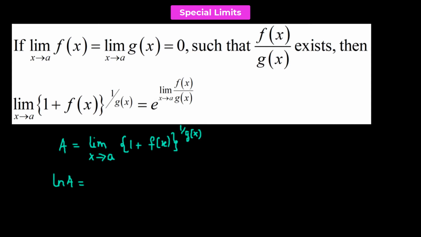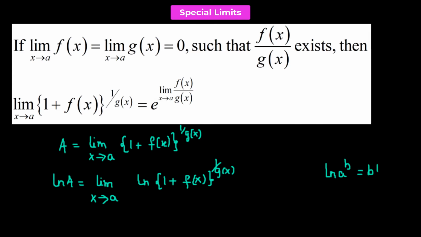So we have natural log of a equals the limit as x approaches a of natural log of 1 plus f of x whole raised to the power of 1 over g of x. Here we can use the property that log of a raised to the power of b is simply equal to b times the log of a. So that is going to give us